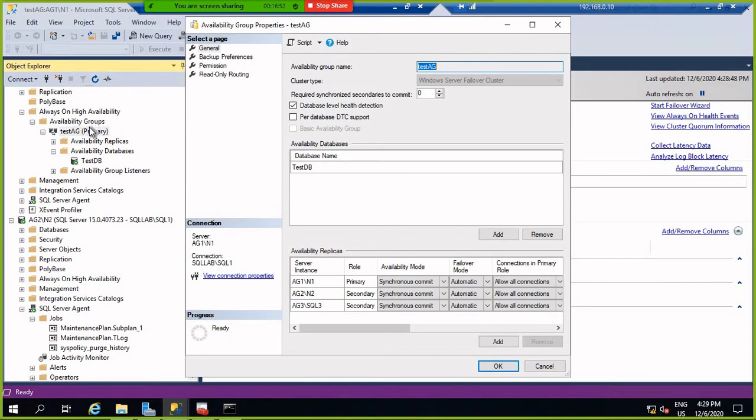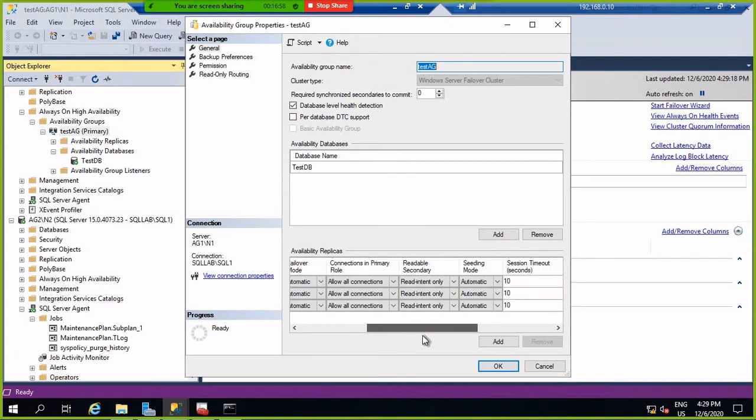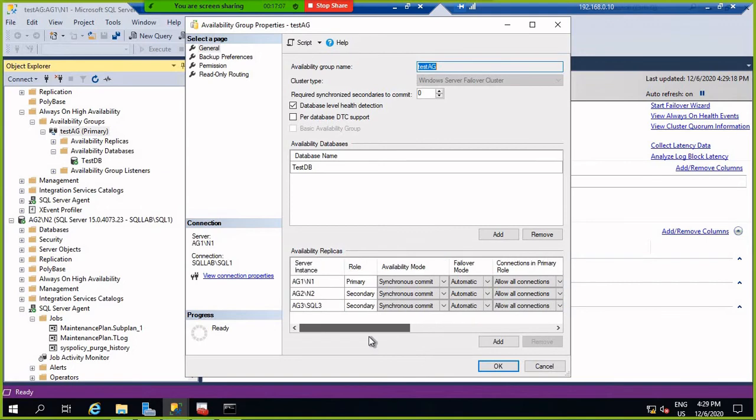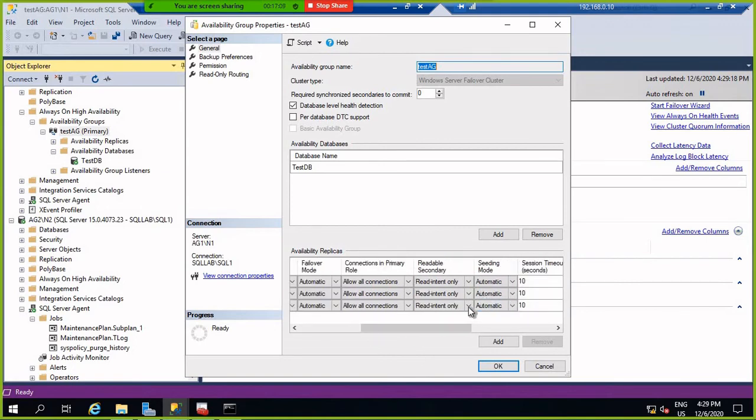I have created one login, so that login is reflected here. Okay, it is in read only. Just a minute, I will show you. I just change it to yes, only for showing.